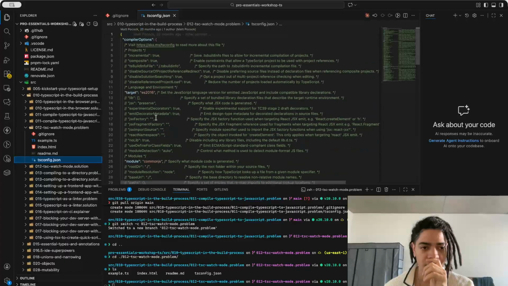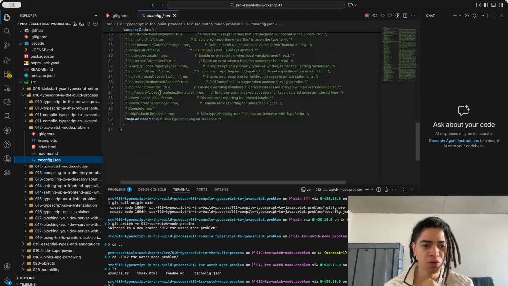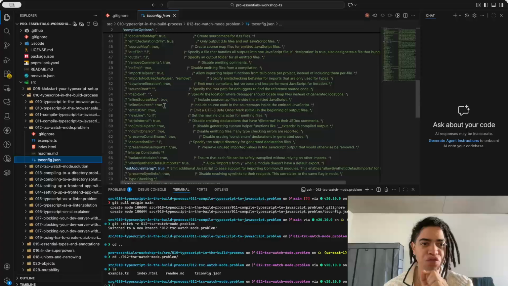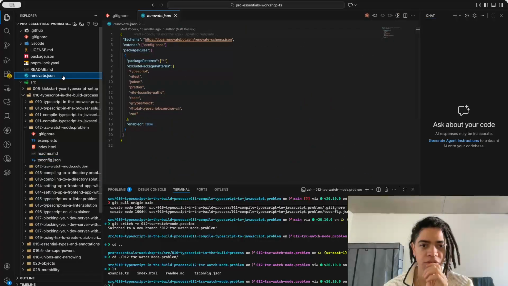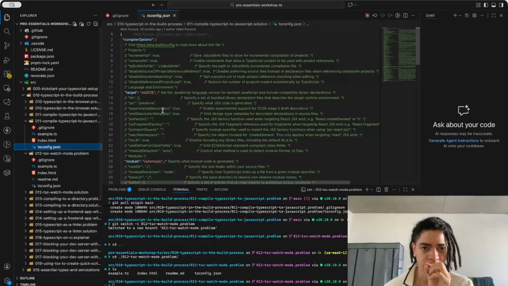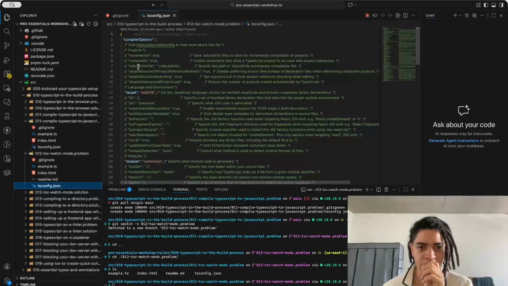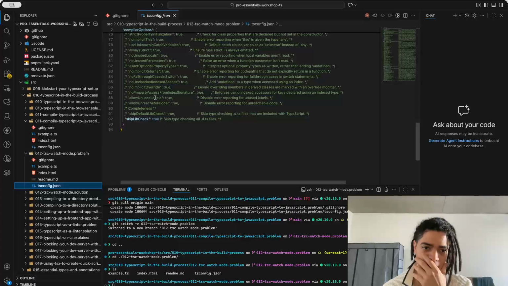unfortunately this doesn't tell me which version generated it, right? Renovate JSON. It doesn't tell me that. This is the compiler option, and you can also specify the file here. Okay. So